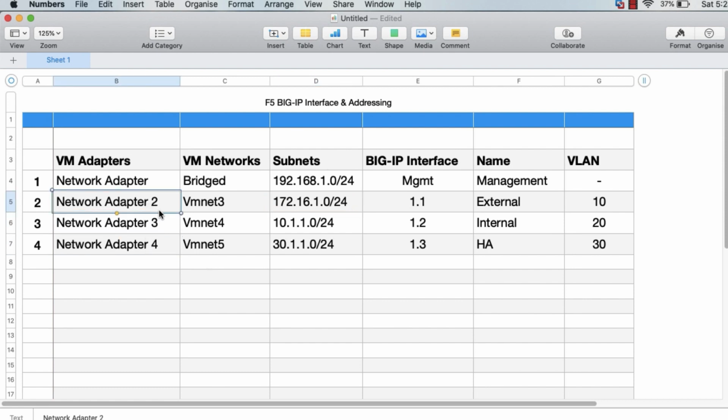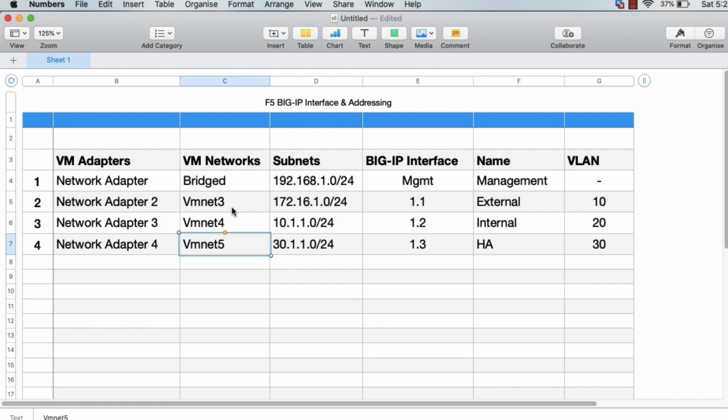But the adapter used will be the one which has the same MAC address as the external. So if the external has the MAC address ending with 44, we will use the adapter which has the same MAC address. It is not very tough, it is just that I want to tell you because people make mistakes in that. So we have to understand that the MAC address should be verified before forming any type of connectivity. These VLANs will be configured, it's a very easy thing. Subnets will be set up super easily, and of the VM networks, only these 3 need to be created.